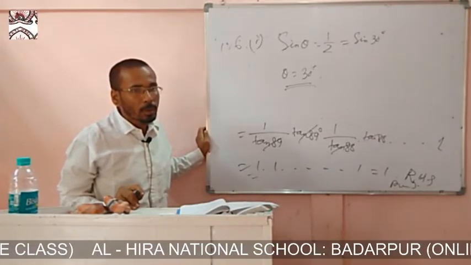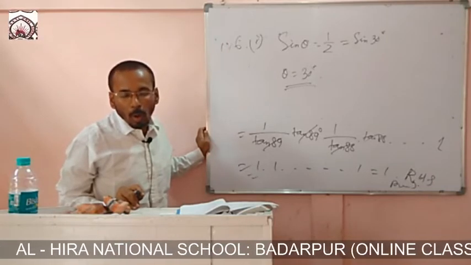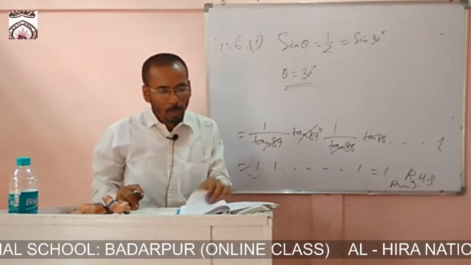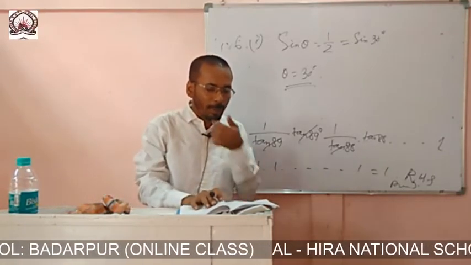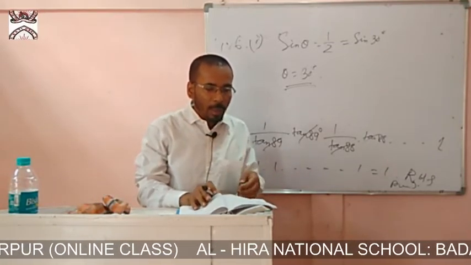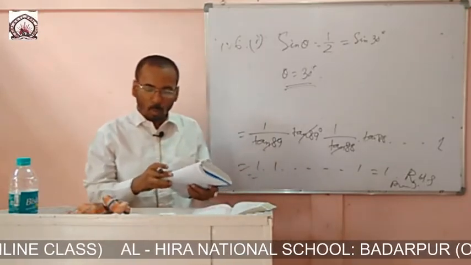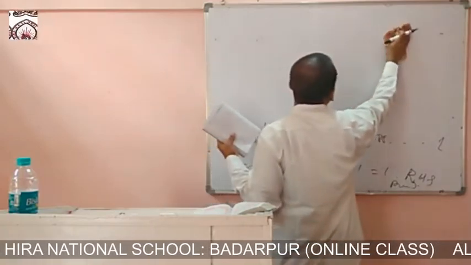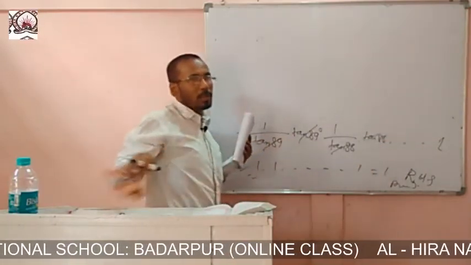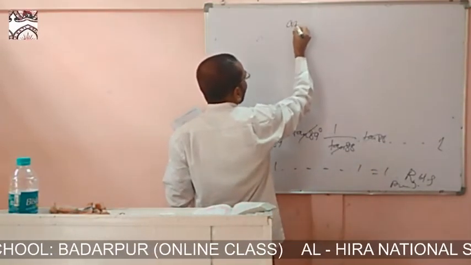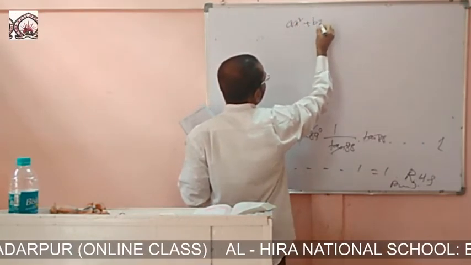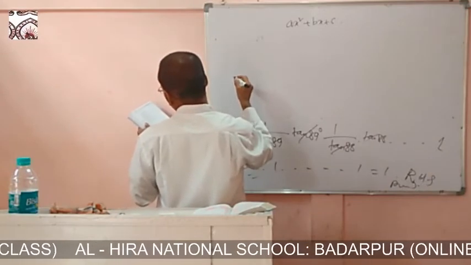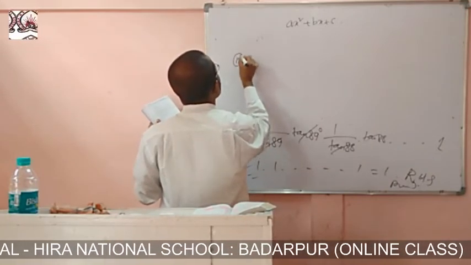Otherwise we can do number 2, number 3 also. Now number 4. Number 4 is like your algebraic solve the quadratic equation. So here in quadratic equation we are forming ax square plus bx plus c. In quadratic equation we are doing solve ax square plus bx plus c is equal to 0. Now question number 4 is, here it is written twice